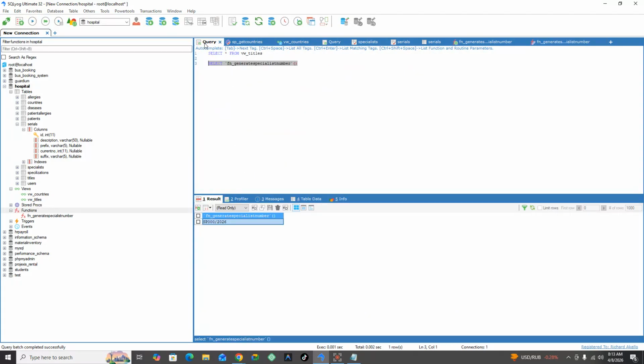Then I'll come back here and check. And now you can see it works fine. It is able to generate the specialist number for me. So that's a use case for a function where you want to perform something and return a scalar value like this. I can even store this inside a variable and use it inside my stored procedure